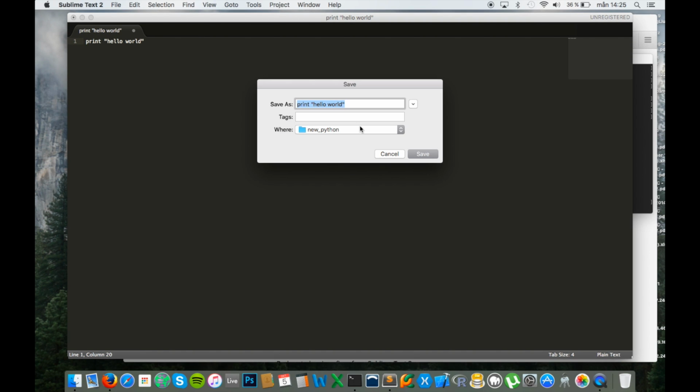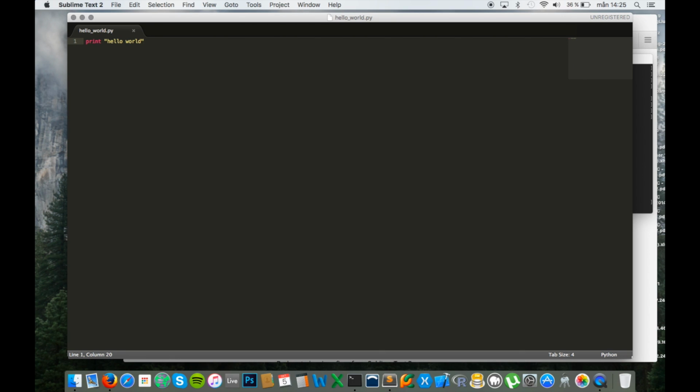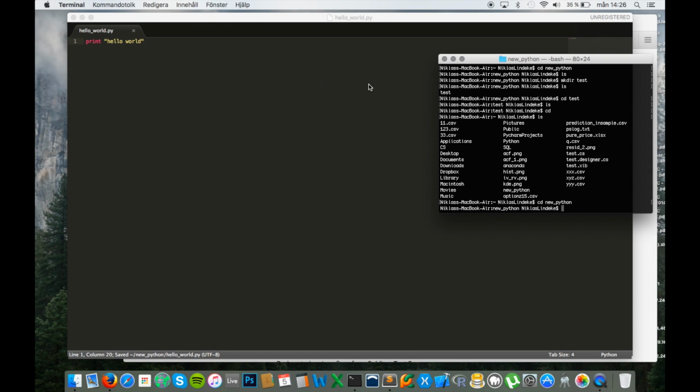Right, so we're gonna save this one down to the new Python folder as hello world. We'll name it hello world.py, which is the file ending for all Python files. Save, and you can now see that it is syntax highlighted. However, we will try to print this now, or we're gonna start our program. We got 3 rows too much. That is just me. I want my rows to be even.